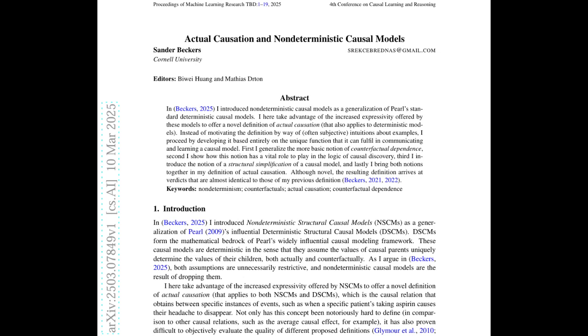Exactly. And this paper, this whole framework we've been talking about, it can really help us evaluate those arguments in a much more careful way. Did the person's actions really make a difference, or would those other factors have led to the same result anyway? It's almost like we're doing those structural simplifications again, right? We're trying to get rid of the extra noise, focus on the most important connections, and ask those what-if questions to figure out if the person's actions truly mattered. You got it. And you can apply that same kind of thinking to all sorts of situations, not just in law, but like medical diagnoses or figuring out whether a government policy is actually working or not.